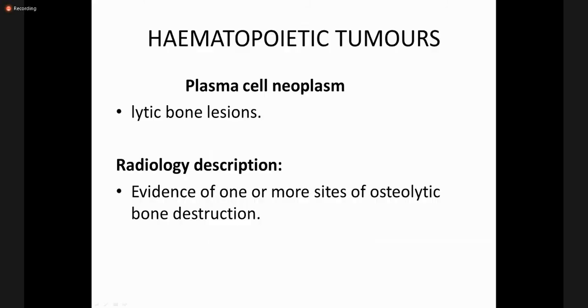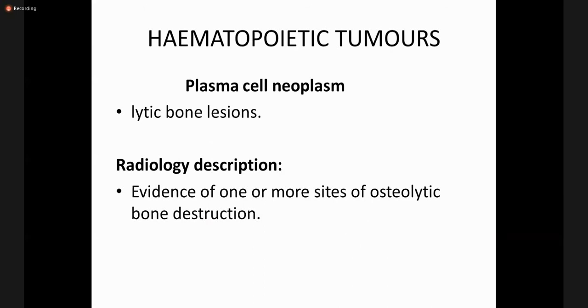Another picture for the giant cell tumor. These giant cells are uniformly distributed throughout the tumor. If they are scattered or randomly distributed throughout the tumor, then it could be aneurysmal bone cyst. This is not then the giant cell tumor. Okay, so this is the multinucleated giant cell. You see here, they are uniformly distributed, and in the background are the mononuclear cells, which represents the giant cell tumor morphology.